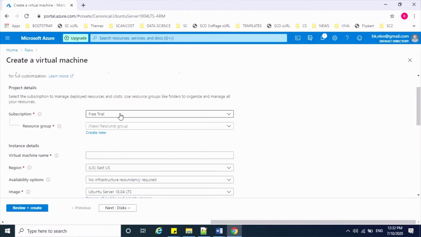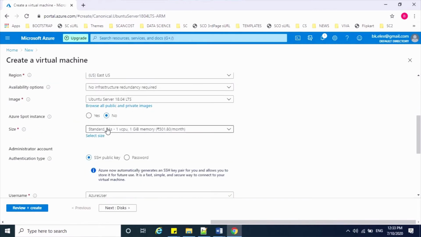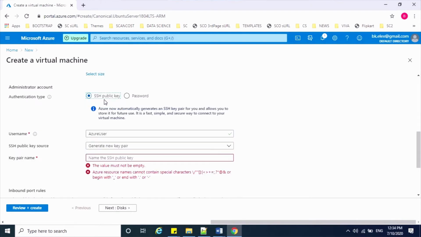I'll select a free trial. Okay, enter all the required fields. Okay, and the size would be, in the standard, 1 CPU, 1 GB RAM. Okay, for SSH connection, either you can create an SSH public key, or else you can select the password